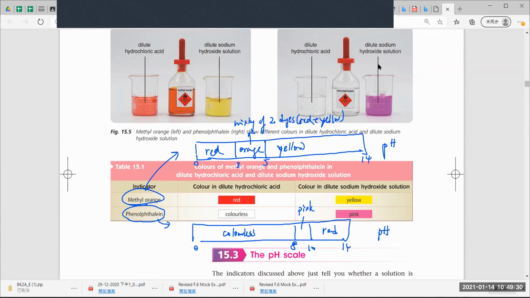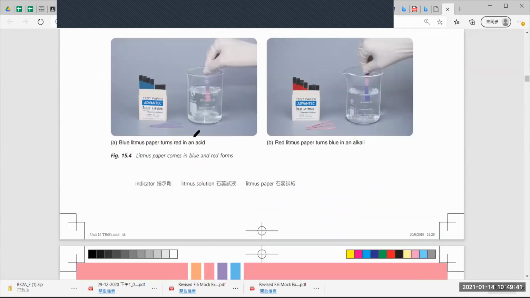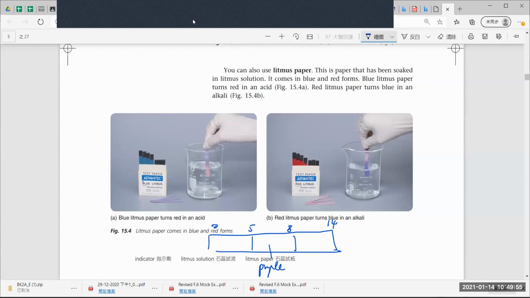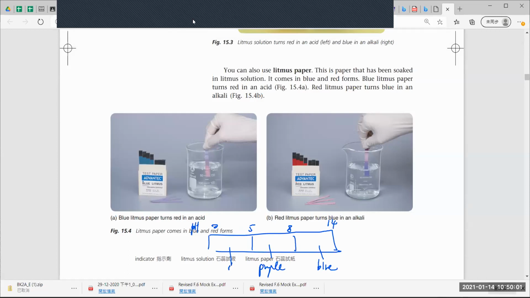So using these two, or even litmus, how about litmus? Have I told you last time about litmus? Page 5, page 8, 14 is purple, it is blue, is red, respectively. So if you did the solution and if you use the pH paper, litmus paper